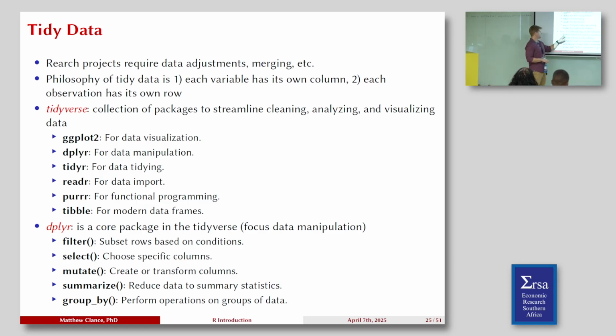Even in dplyr, we have all these different functions that allow us to filter, select, mutate, which is basically to transform or create new variables in the same data frame. We also have summarize, which helps us create means, medians, things of that nature, and group by. Now I'm going to do a lot of these things, and you're going to see it as I go through it. And I'll go ahead and tell you that it's not going to come easy at the very beginning. It's going to be best to practice it tonight if you can, because it's not always straightforward.